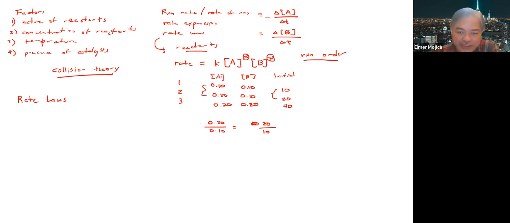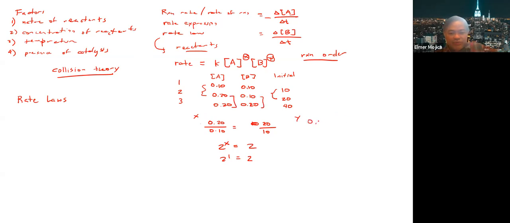So if we have, let's say, this one, so we use this because B is constant. So we look at the order, this is what, 2, and this is 2. So what's the value of X to make 2 raised to X equals to 2? So usually it's just 1, right? Now, how about the B? So this is the X. So how about the B, the Y in the B? So you can use this one and this one.